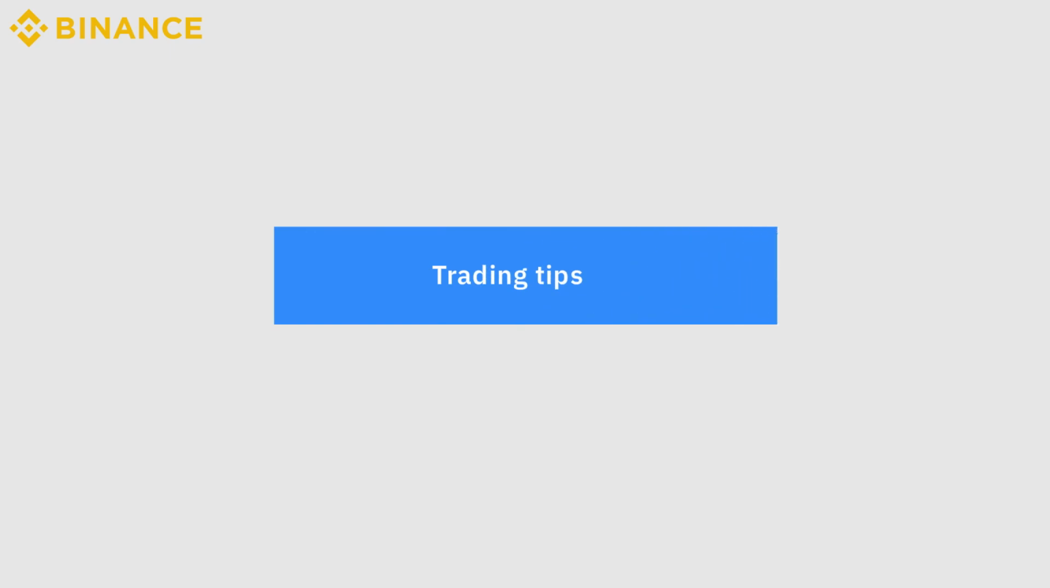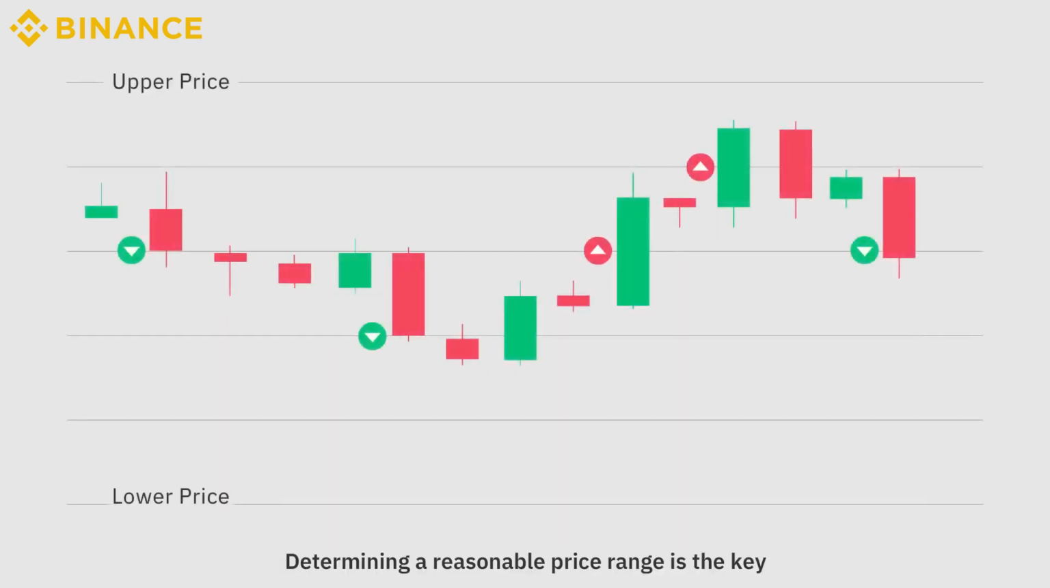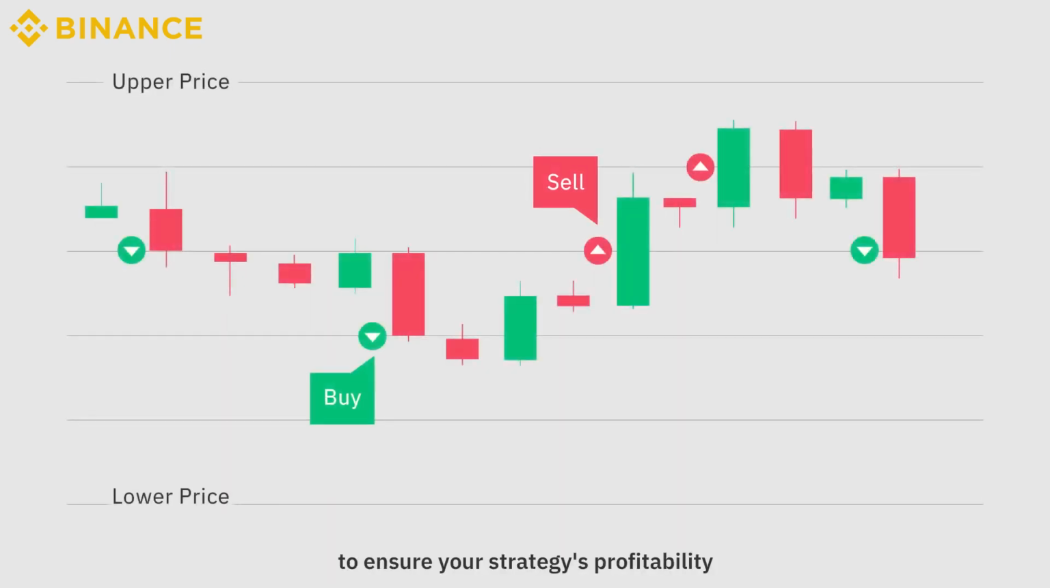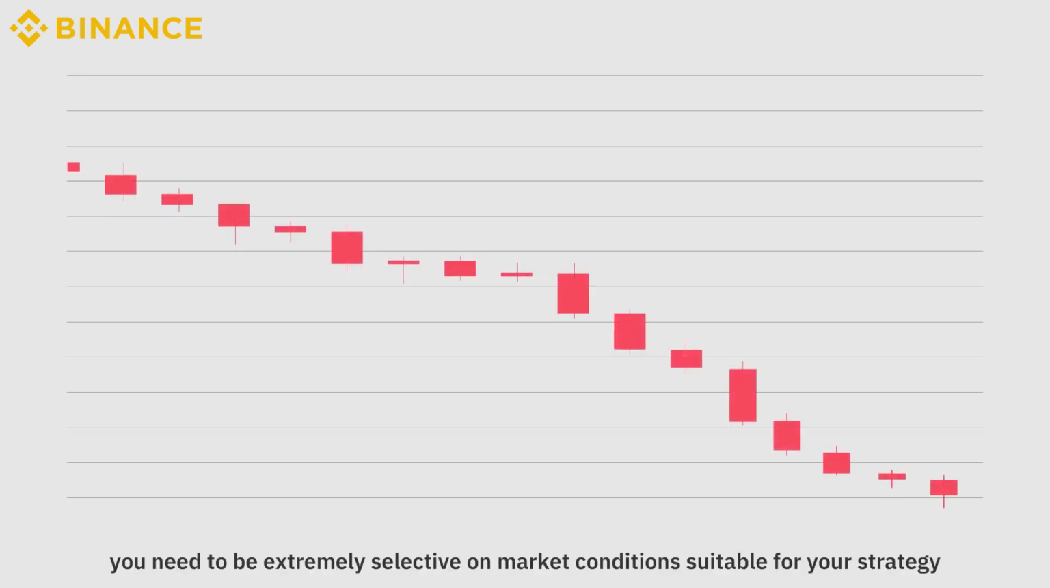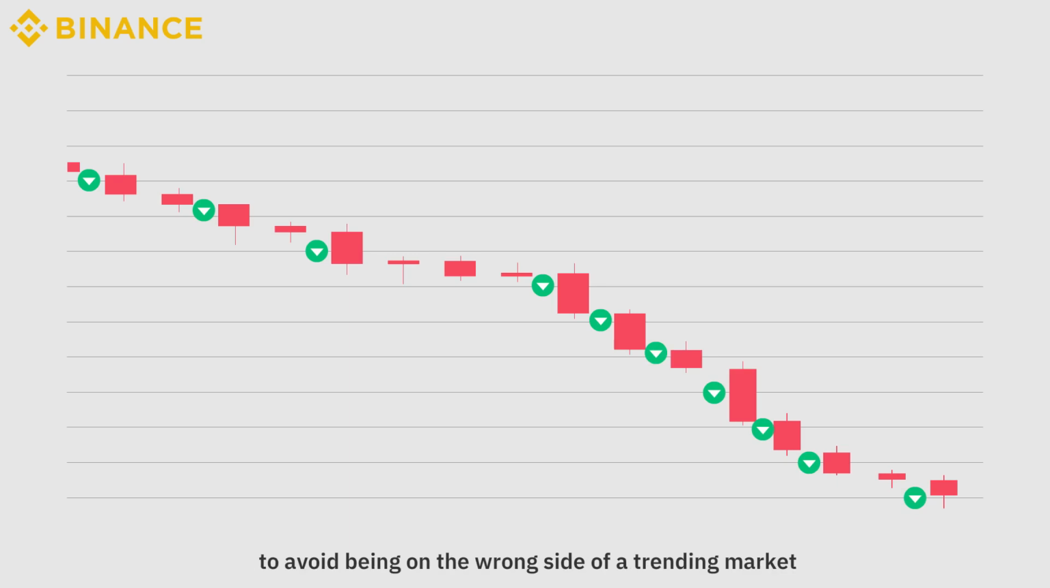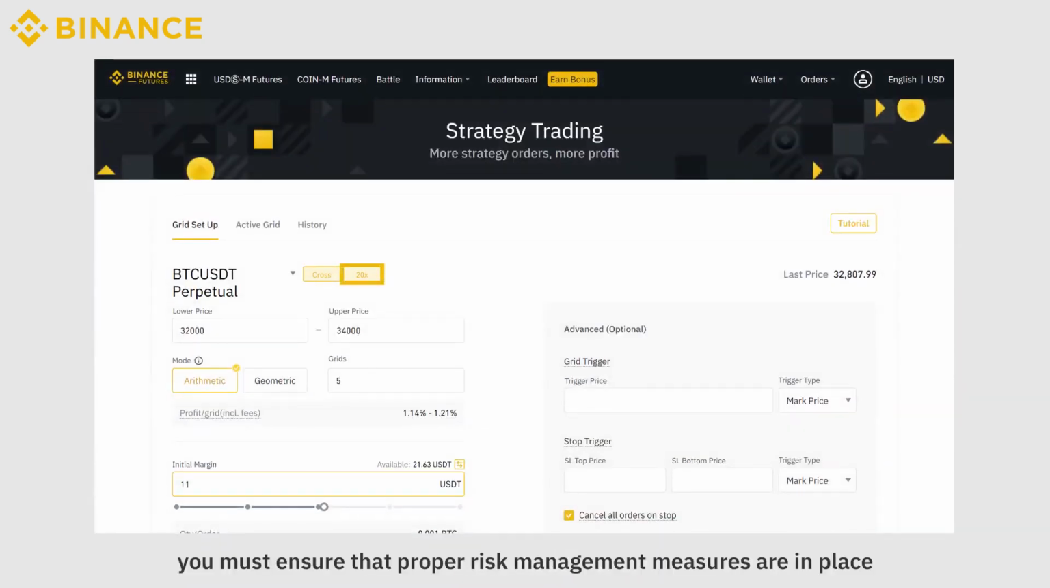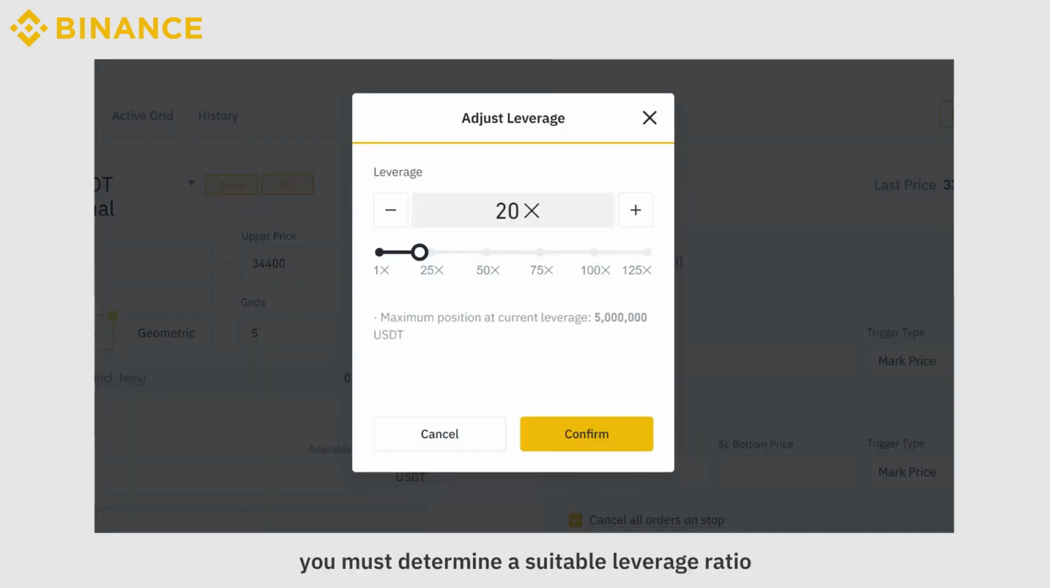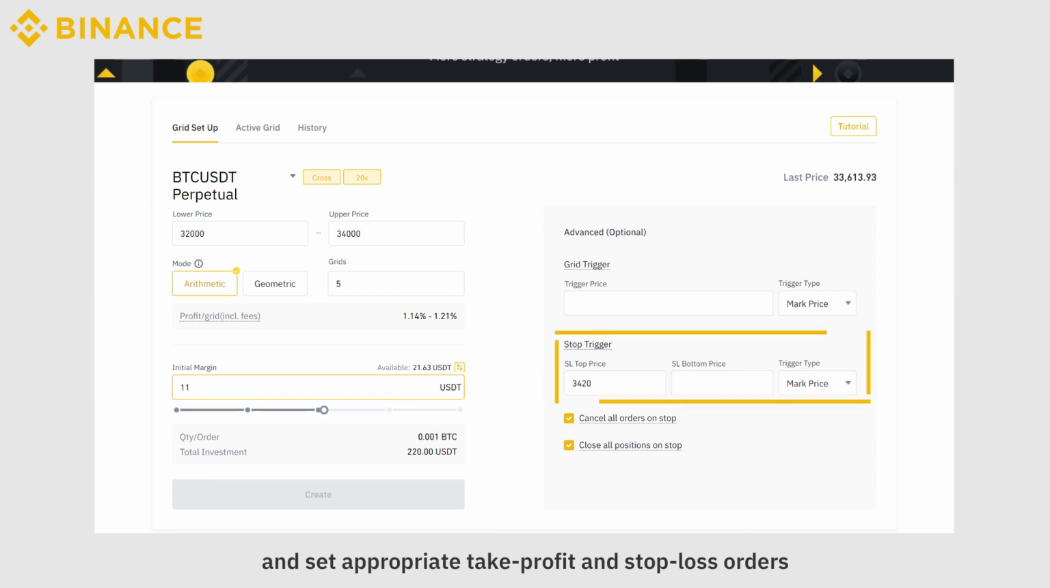Trading tips. Determining a reasonable price range is the key to ensure your strategy's profitability. This means that you need to be extremely selective on market conditions suitable for your strategy to avoid being on the wrong side of a trending market. Importantly, you must ensure the proper risk management measures are in place. Therefore, you must determine a suitable leverage ratio and set appropriate take profit and stop loss orders to avoid losses